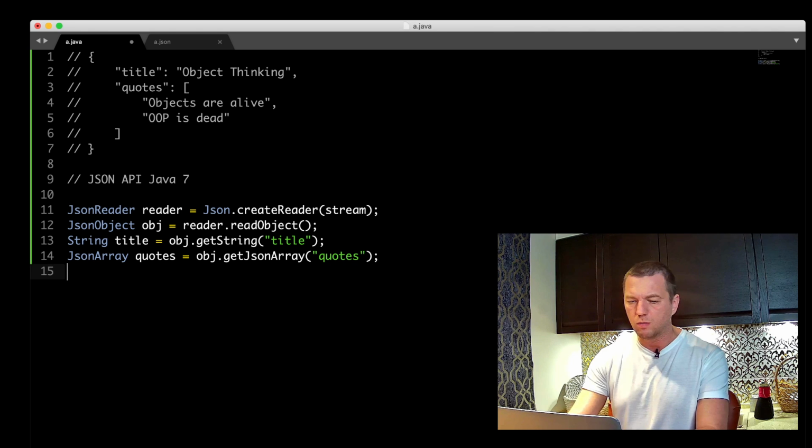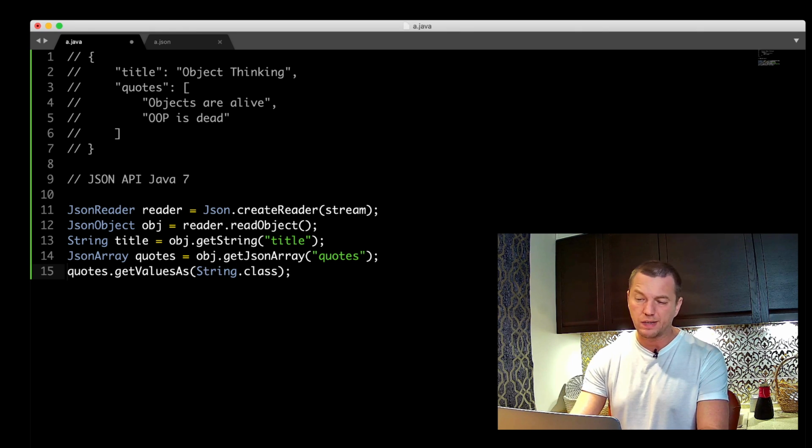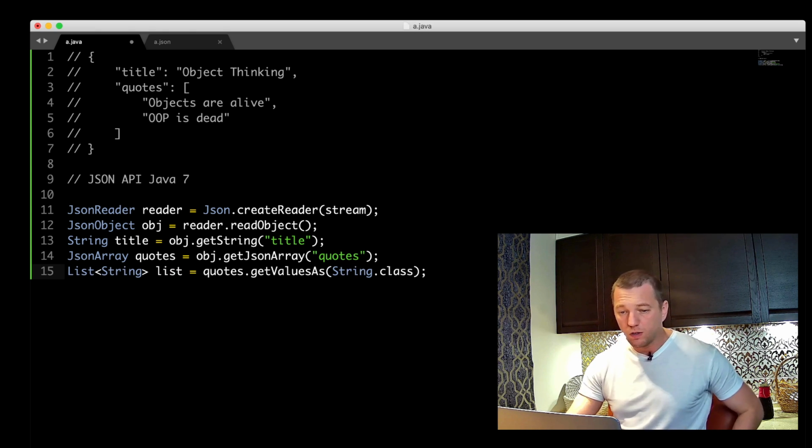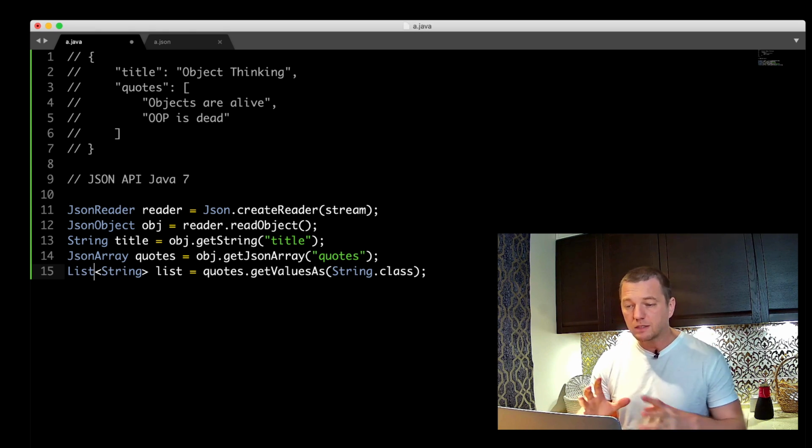And then you do quotes.getValuesAs, something like that, I guess. Maybe it's this. Yeah. So that's the way Oracle, from the JDK, recommends we read JSON.